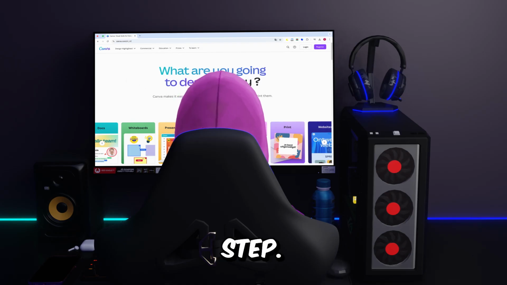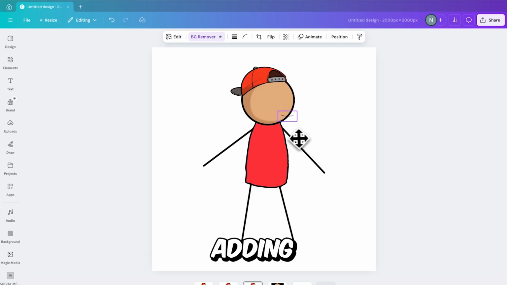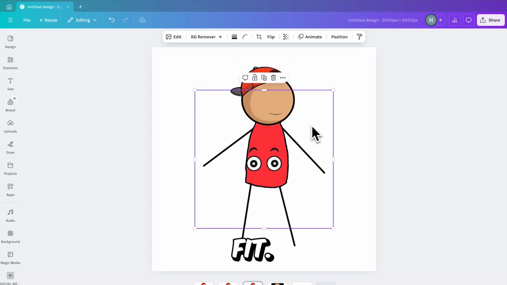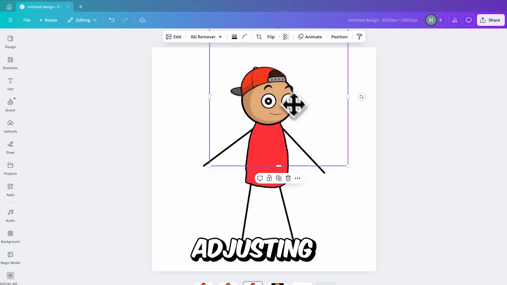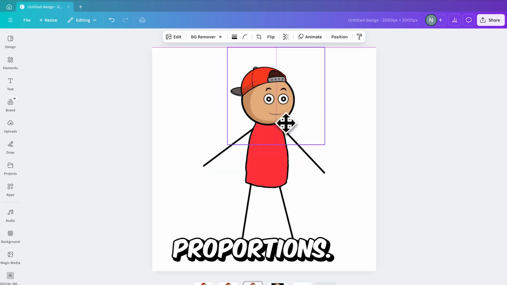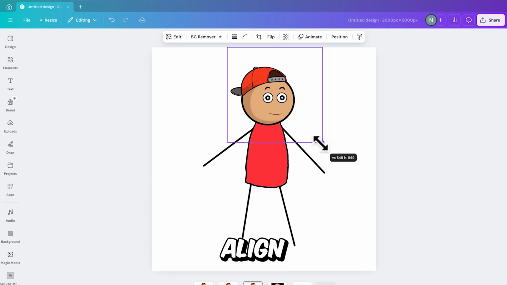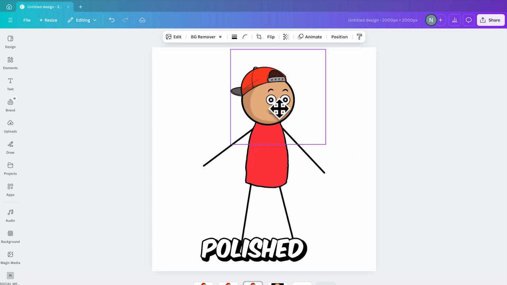Now, for the final step, return to Canva. Begin by adding a mouth to the character and carefully positioning it on the head to ensure a precise fit. Next, add the eyes, adjusting their size slightly to achieve the right proportions. Take your time to arrange these features correctly, ensuring they align well and contribute to a balanced and polished overall